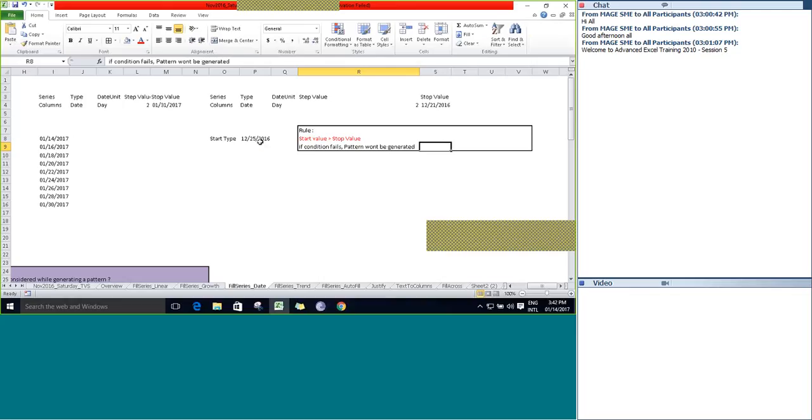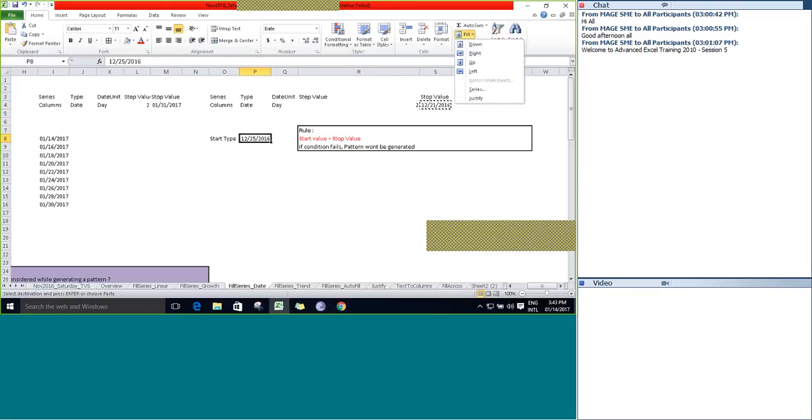If the condition fails, the pattern won't get generated to the user. So that is the scenario we are going to discuss now. Here you can see the stop value as 12/21/2016. Here the start value is 12/25. So the start value is greater, but the stop value is lesser. In this case, let's see how it's going to generate a string pattern.